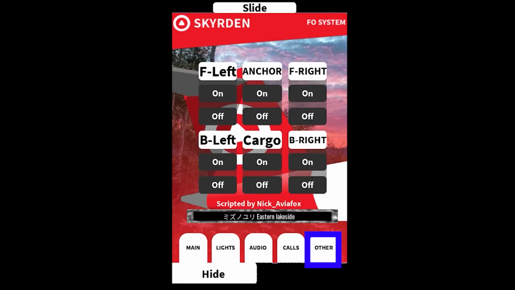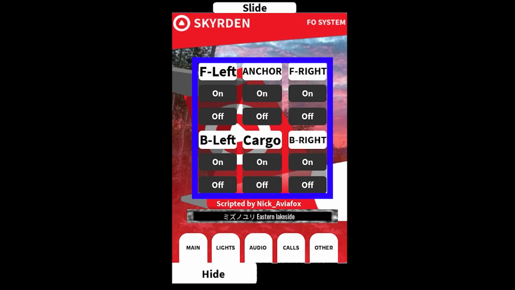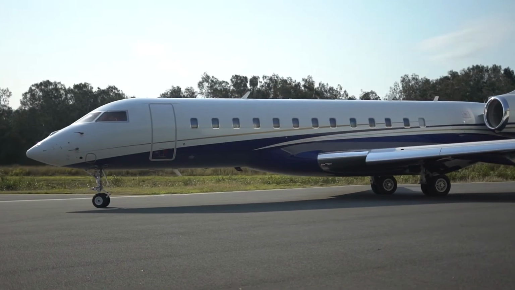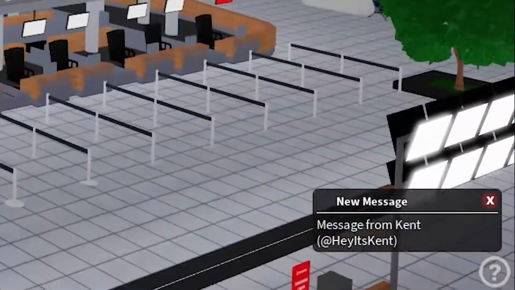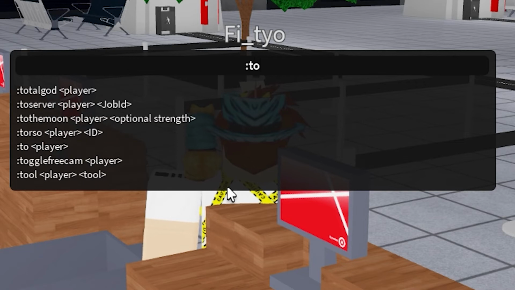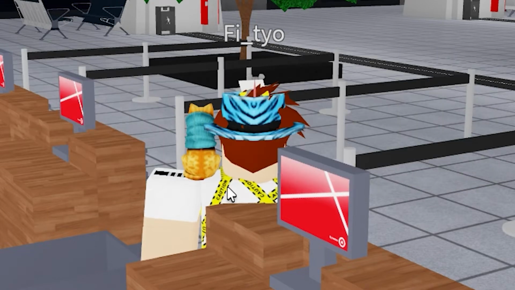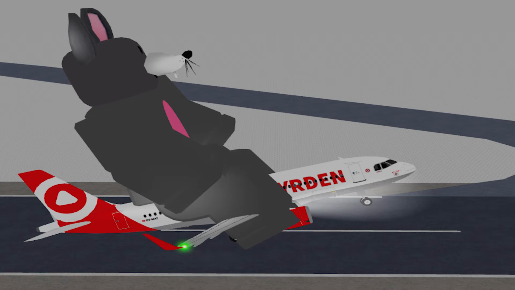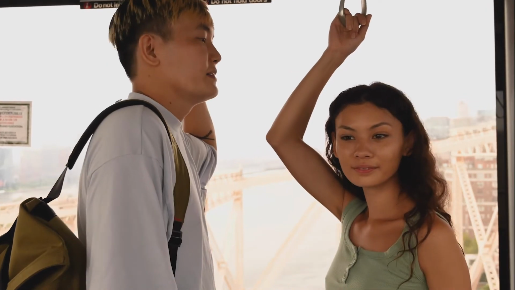Lastly, we have the others page. Here you can open and close doors as well as anchor the aircraft. The captain will be responsible for anchoring the aircraft. You only need to teleport to them with the to command when they ask you to. It is important not to teleport without the captain's permission, as the plane might go on an unexpected journey,